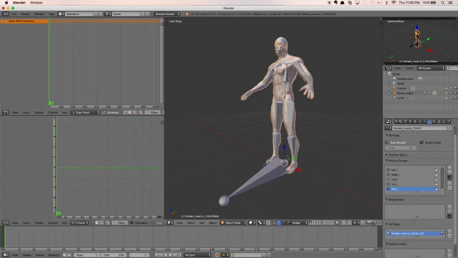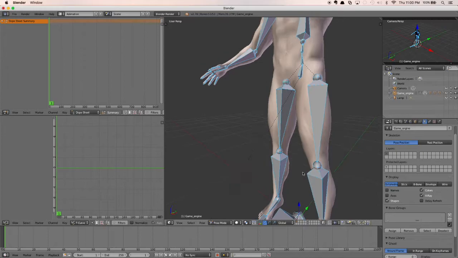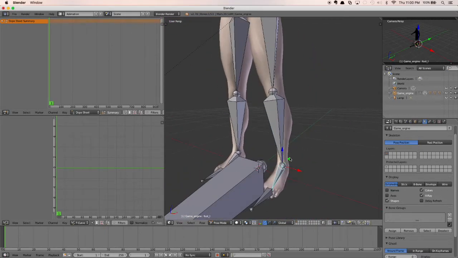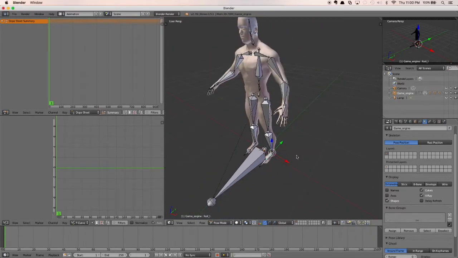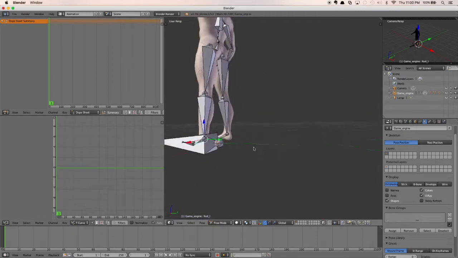So over here we'll click on our bones and go to pose mode. This is where you can select each individual bone, and you'll see that it doesn't let you move or adjust things the way you would think that you could. So we'll fix that by,